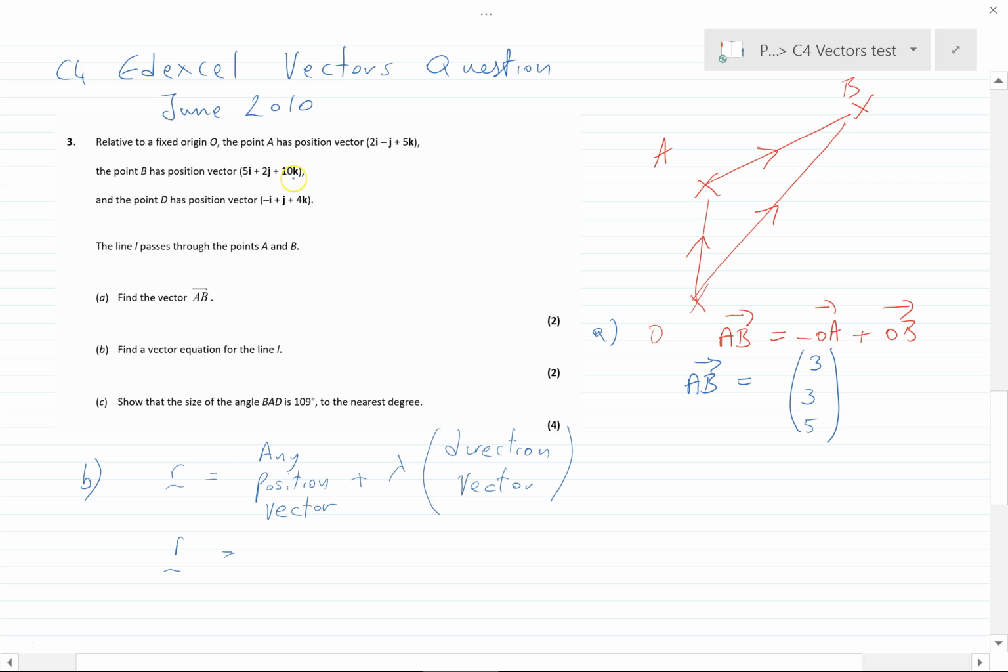We could choose A or B. Let's choose A. So that's (2, minus 1, 5), the position of A, plus lambda times a direction vector, and we've worked out AB is going along that line, so that's (3, 3, 5). So, nice easy start. Vectors questions quite often are like that, where they ease you in,